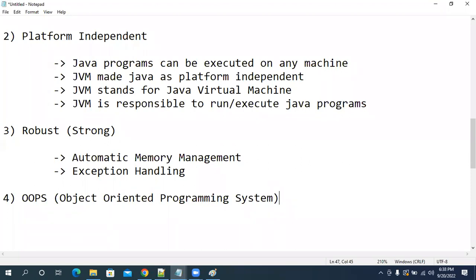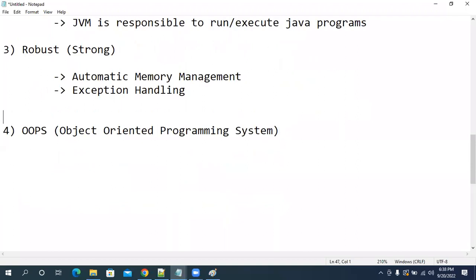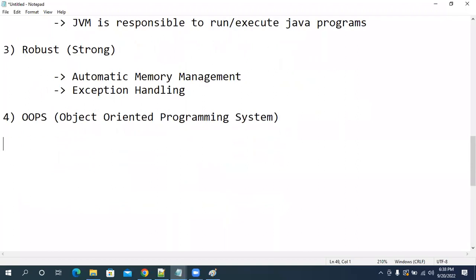After 2 weeks or 3 weeks, once we are comfortable with the basics of Java, then we will enter into OOPS. As of now, I will give you OOPS, object oriented programming system. Everything will be represented in object format.